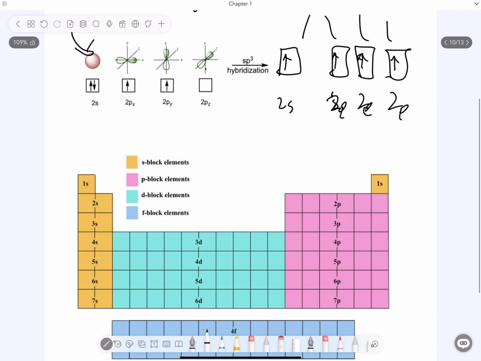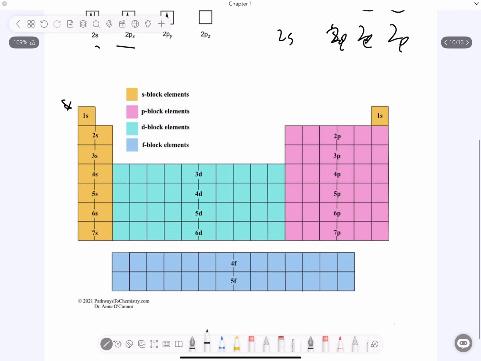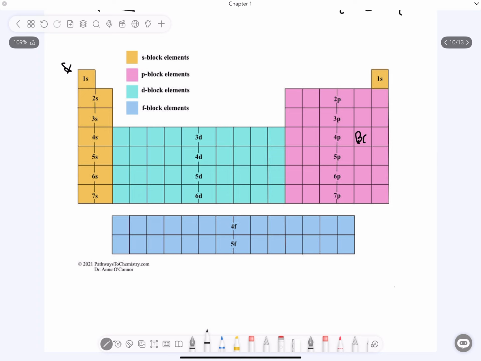But what exactly is this 2s and 2p system, right? Well, this is just a periodic table labeling each one. And if you were to find an atom, let's say you wanted to find bromine, which is right here, this is for the electronic configuration. There's a 1s squared, because there's 2 of them, and then 2s squared, and 2p to the power 6, because there's 6, and then we go to 3s squared, and then 3p to the power 6,